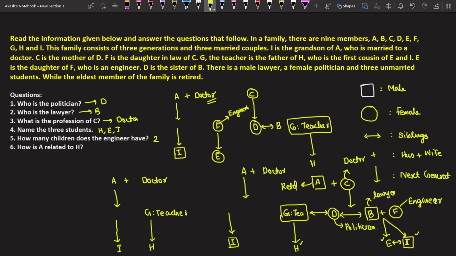How is A related to H? For H, A is the grandfather. So this is the way in which we can solve the problem that is associated with